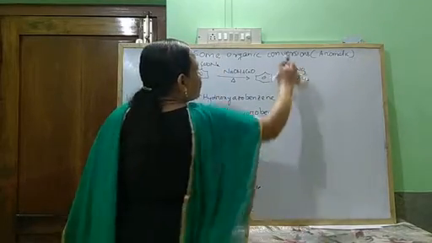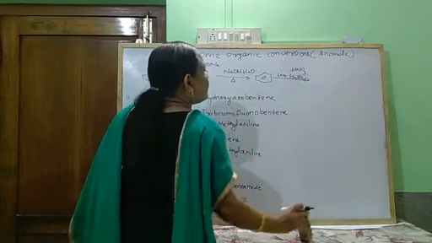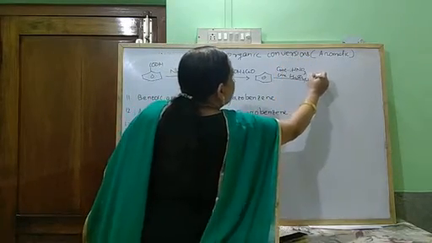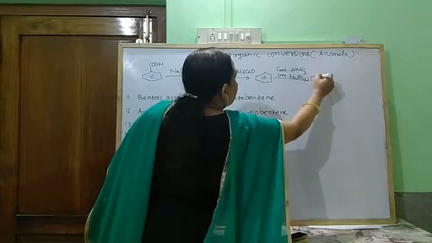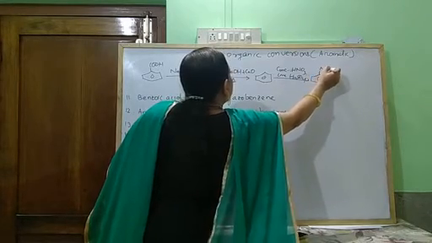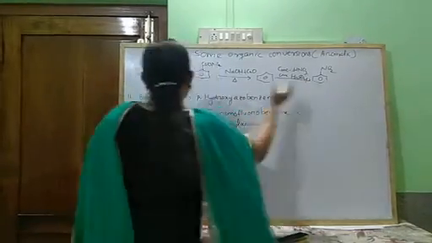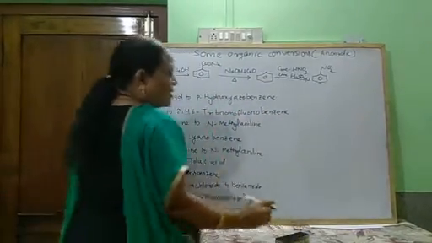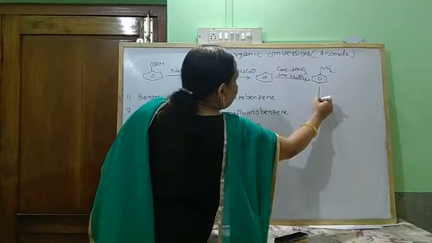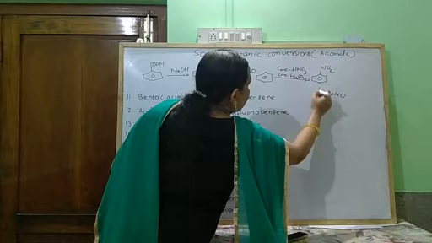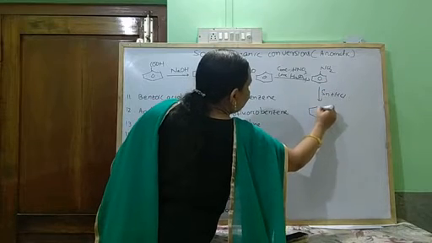It forms nitrobenzene, and this nitrobenzene is again treated with tin and HCl or iron and HCl to form